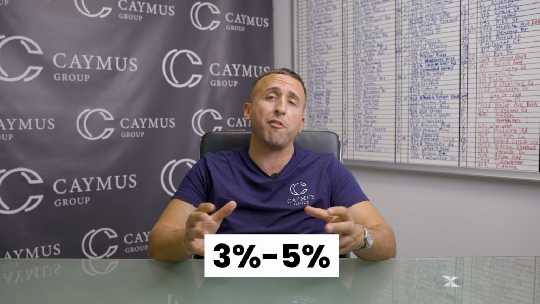You have to find someone that has a low interest rate, right? A favorable interest rate, anywhere between 3 to 5%, is the sweet spot that I like to identify in this current market. If you're below 3, that's a golden goose, right? And then you've got to look at the scope of work. What do I need to do to bring this property up to standards where I can rent that property out and